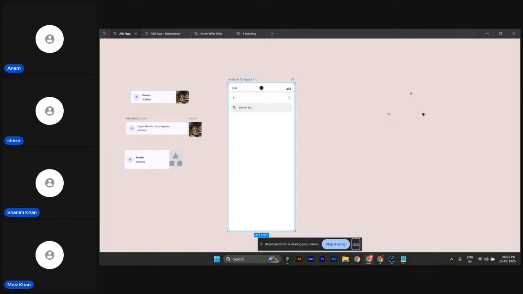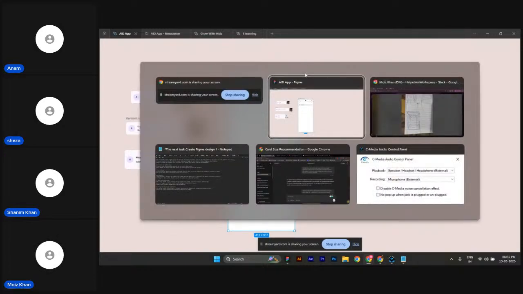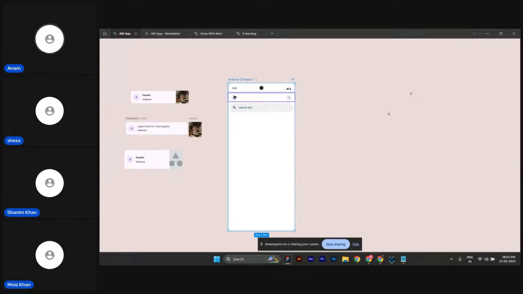Yep. We won't be needing the back button, because the app bar has that, but we don't need it. Actually, we don't need a back button. Okay, no problem. We will delete this, and then what we can do, the search bar we will shift over